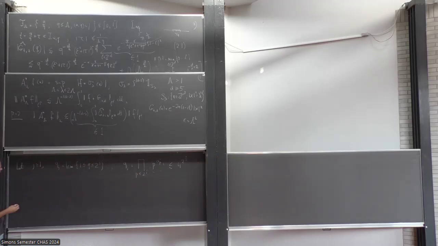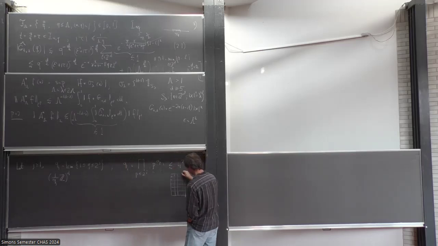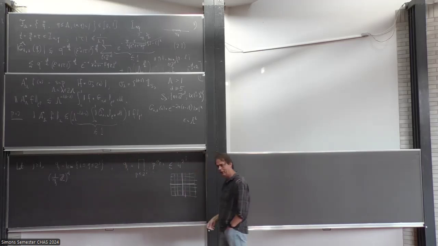And then, what is the point here? The point here is, if you take the grid of gap length 1 over q sub j, this grid will contain all the other grids with gap length 1 over q, where q is less than 2 to the j, because it's a divisor. So for example, if I take a grid like, so this is like 6, of course, it will contain the grid of size 1/2.